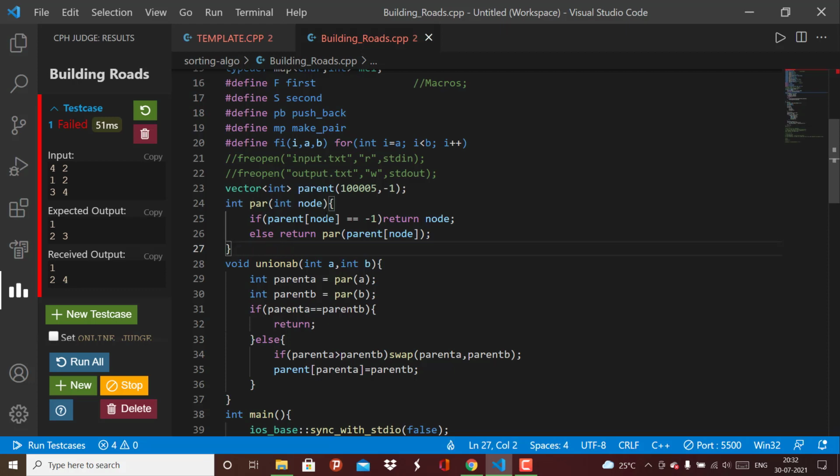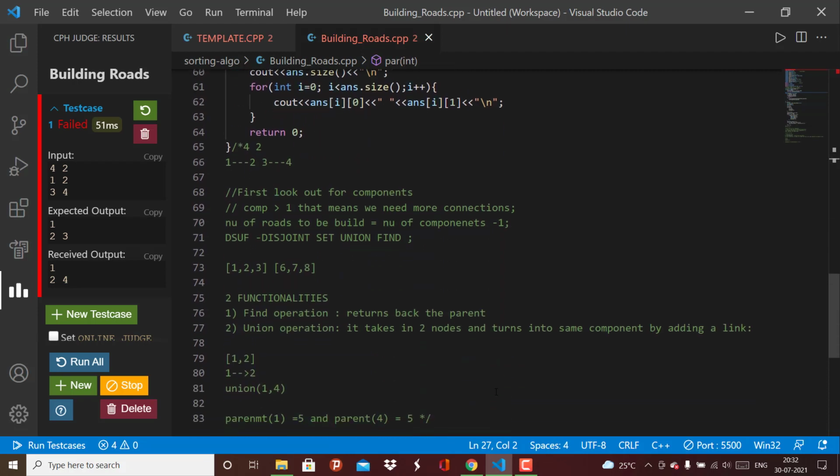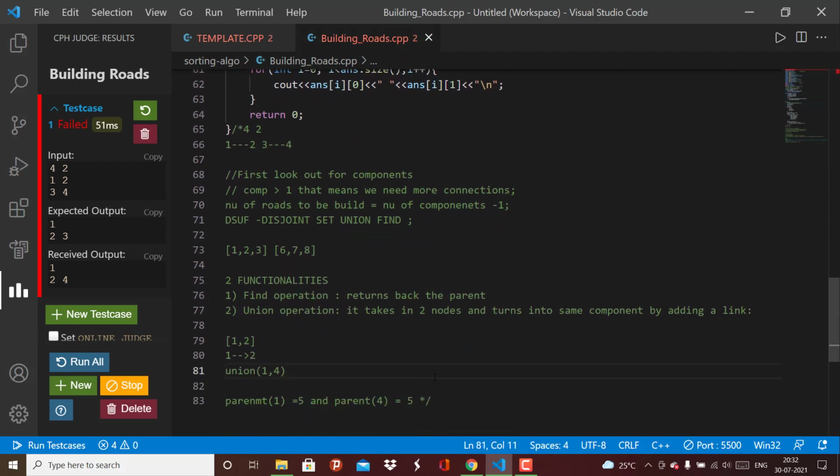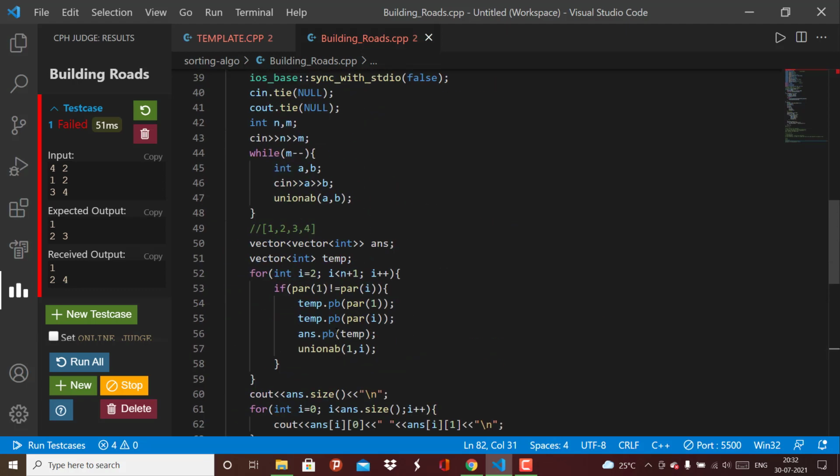So simply what we do is we always maintain a super parent. So for every element in a component, we'll have the same parent, which is the super parent of everyone.